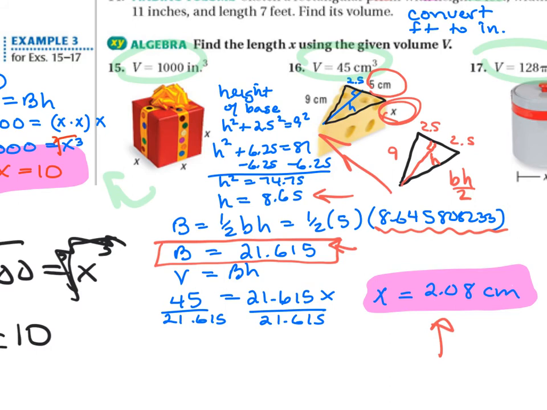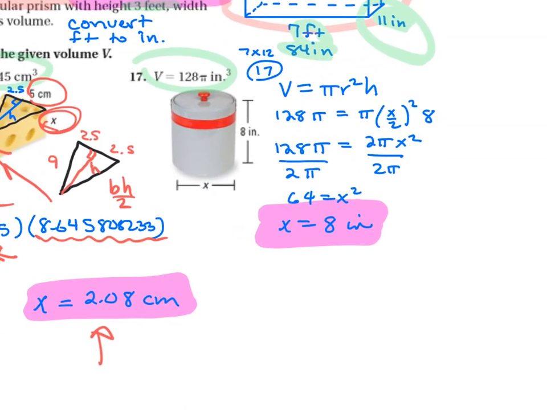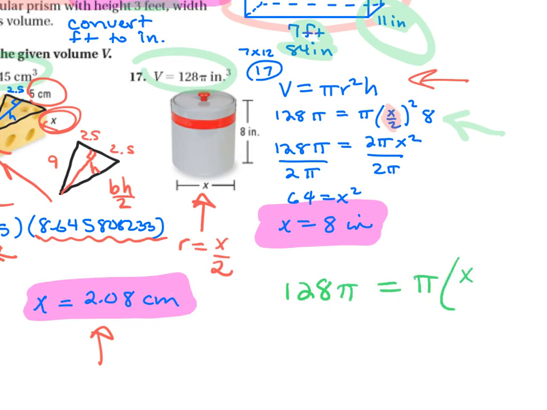The last one is a cylinder. Again, they gave us the volume already calculated, so I needed to plug it into pi r squared height. Notice this x is a diameter. To make it a radius, divide it by 2. So that's why when I plugged it into the formula here, it's x over 2. So then if I take this step here and show you what happened to it, it's 128 pi equals pi times, when I square it, it becomes x squared over 4, and then times the